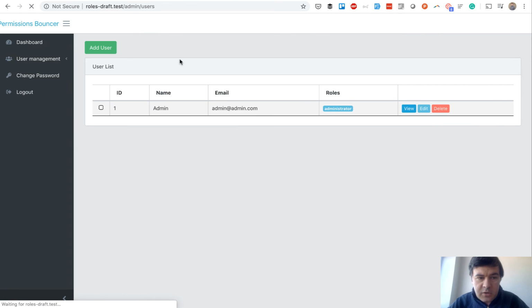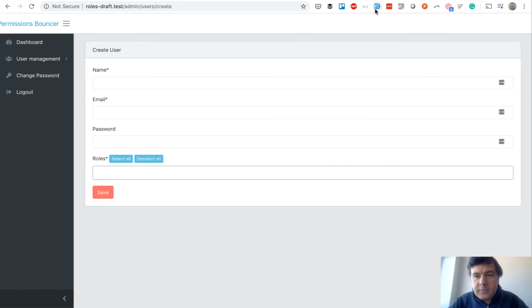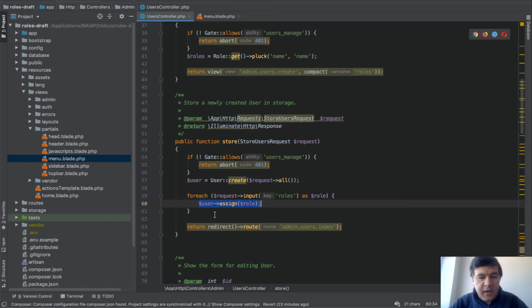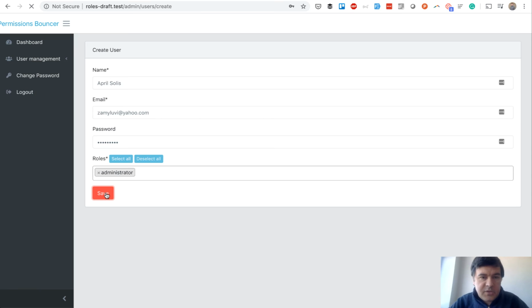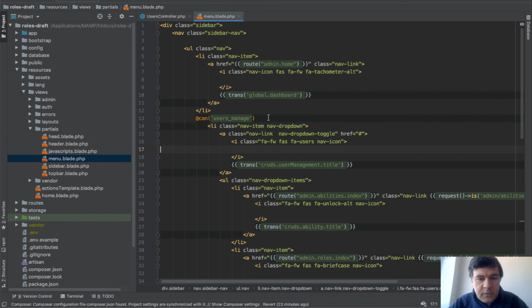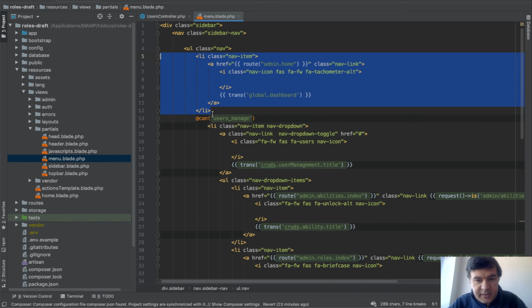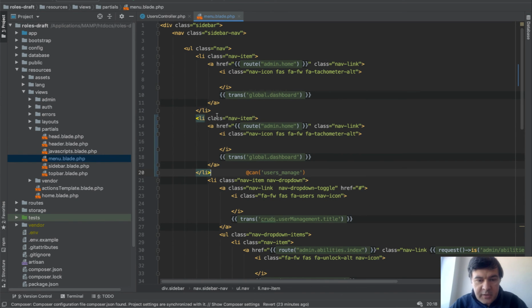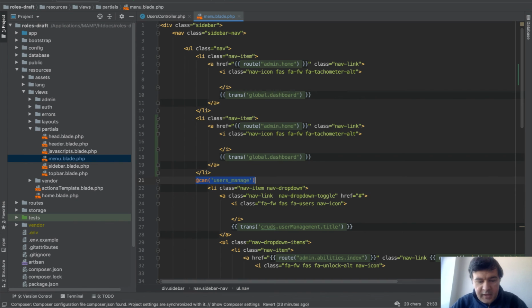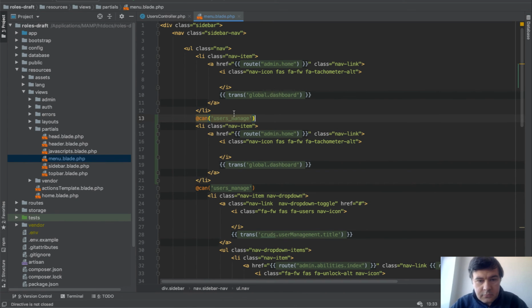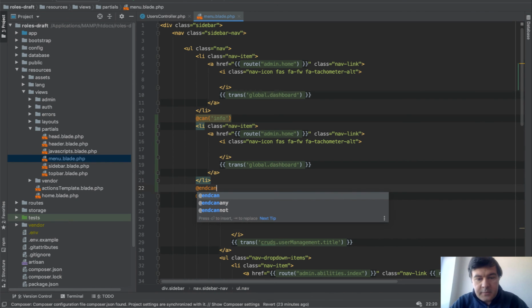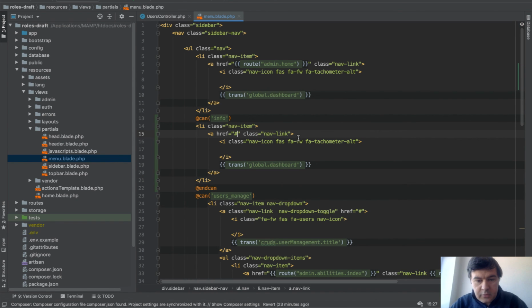But as a result, we also can create a user, fill in the form, and then in user's controller is just a different syntax of user assign. So we can save that user. But it remains the same logic of can. So in Blade, if we repeat that experiment with can user manage, can info, and can without link and info,